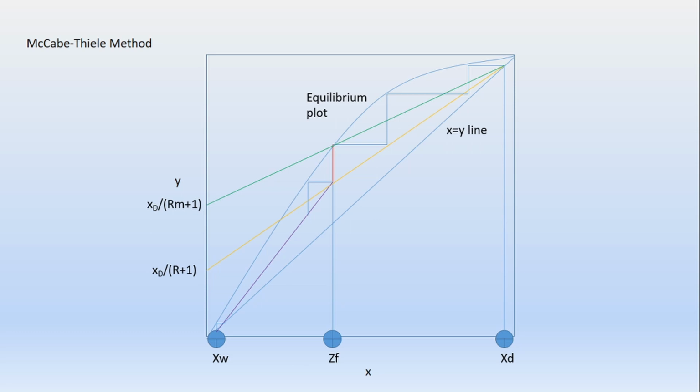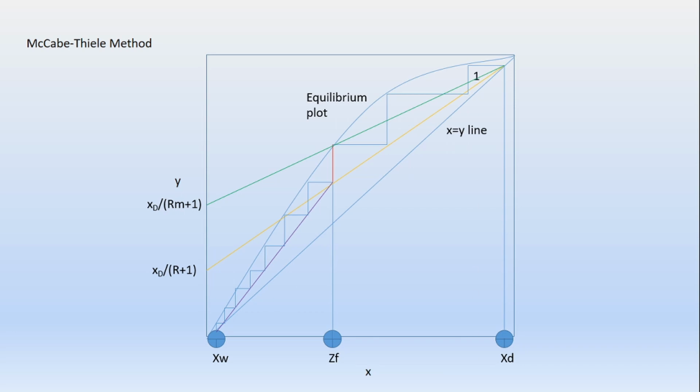So where the feed line is approached, after that we change drawing the stages from the enriching section operating line to the stripping section operating line, and we continue making these steps until the xw point is reached. Okay, so once we have drawn all the steps starting from xt to xw on the operating line,